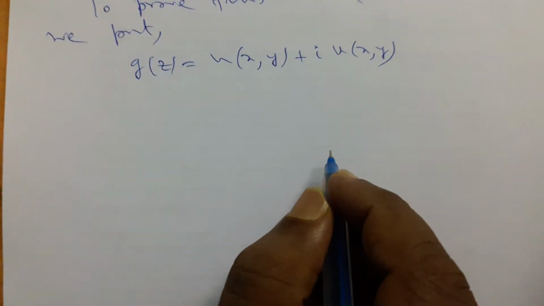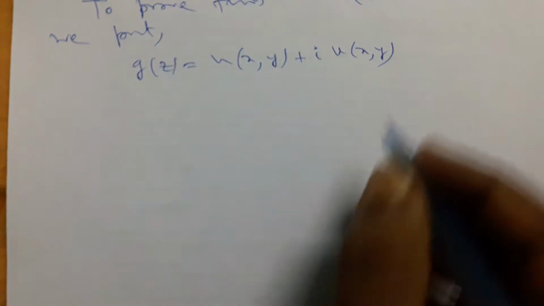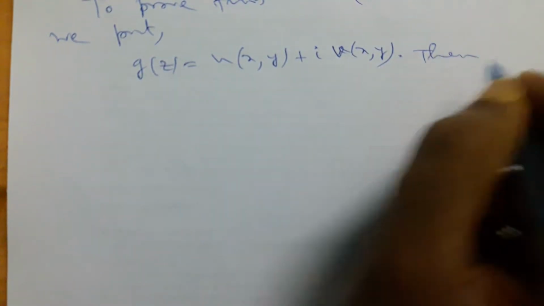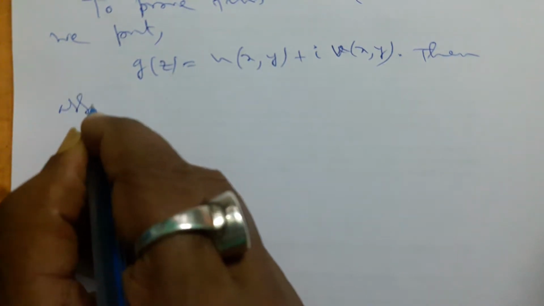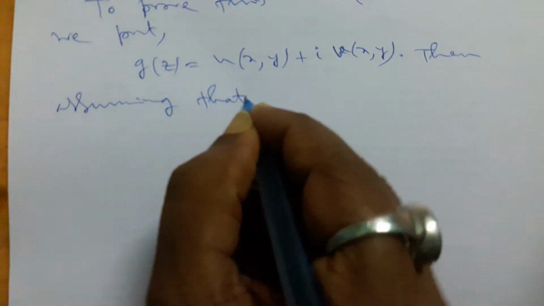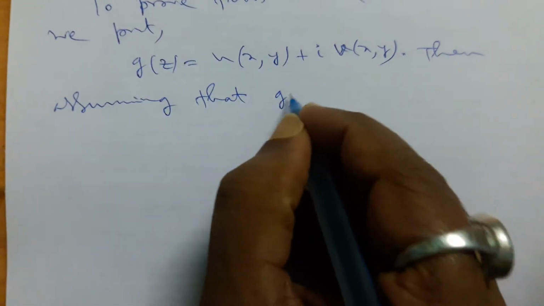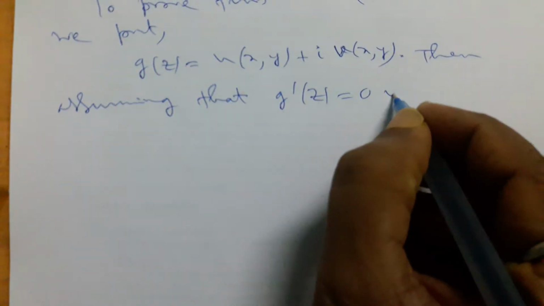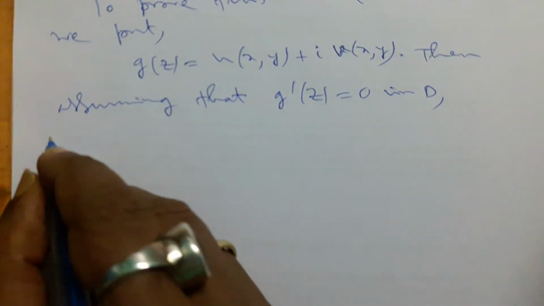Then, assuming that g'(z) equals 0 in D, we have